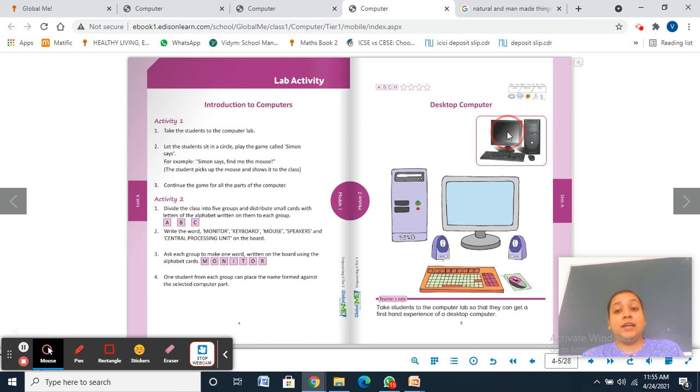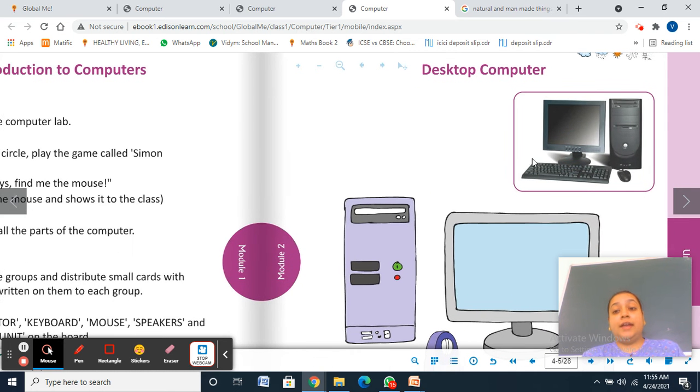You can see in your book on the screen: this is a monitor, this is a keyboard, then we have a CPU, and then we have a mouse. Sometimes we have inbuilt speakers, or sometimes we have to install speakers. It depends upon the desktop computer we are using.